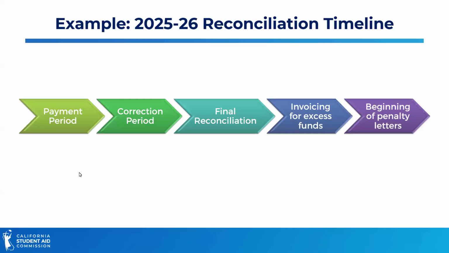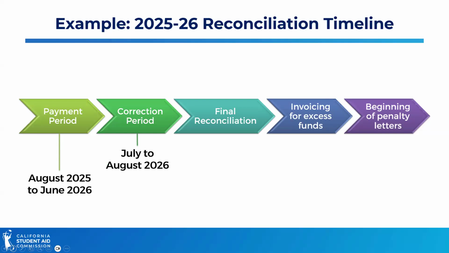So let's look at the reconciliation timeline. And every year, these open and close dates are more or less the same. They differ slightly from year to year, but the payment period is pretty much the bulk of the school year, right? That's when we are posting payments and adjustments for all of our students. And then as you see announcements approaching year-end reconciliation, we will start to let schools know, hey, clean up your records, clean up those books. Let's get the final payments and adjustments posted to our students' records. And so that's from July to August.